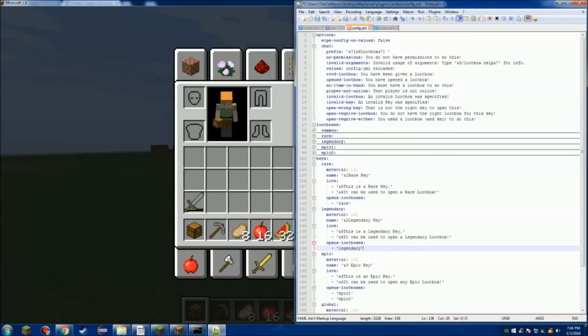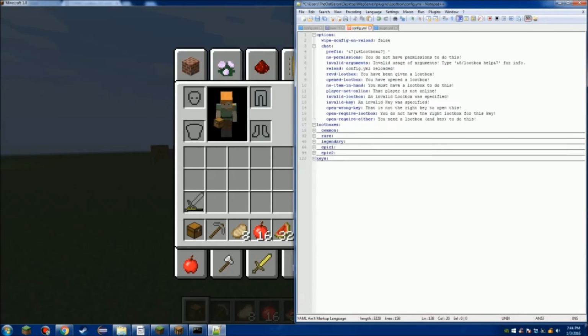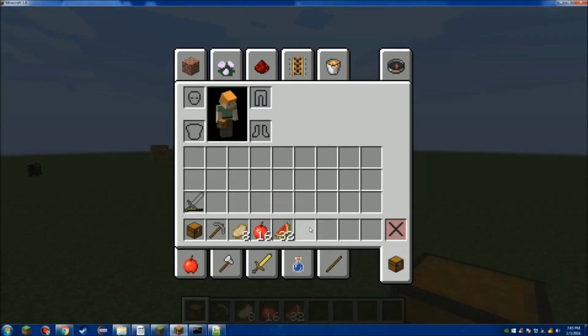So with all that being said, make sure that you always back up your config. Don't just have one copy on the server. In case something happens to it, you don't want it to randomly disappear. That's no fun. The plugin is still in beta, as I said. I don't want something wiping like this. This is kind of sketchy right here. I don't want the config to be wiped and you lose everything. So always make sure you have a backup copy in case the new version pops up and it wipes everything. And as long as you have that, it takes a little bit getting used to, but other than that, it's